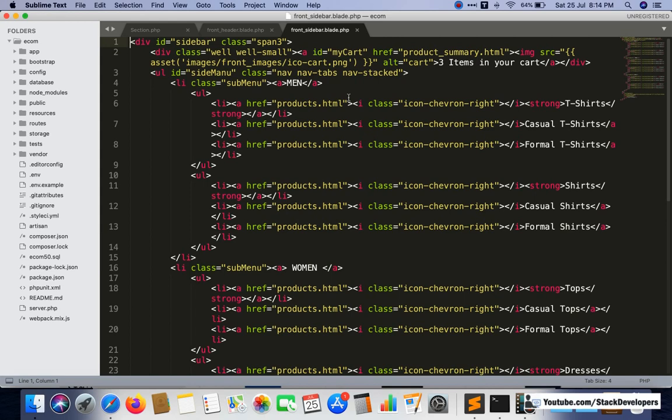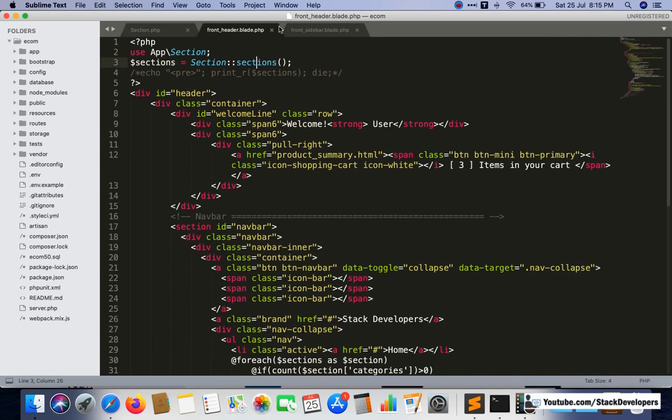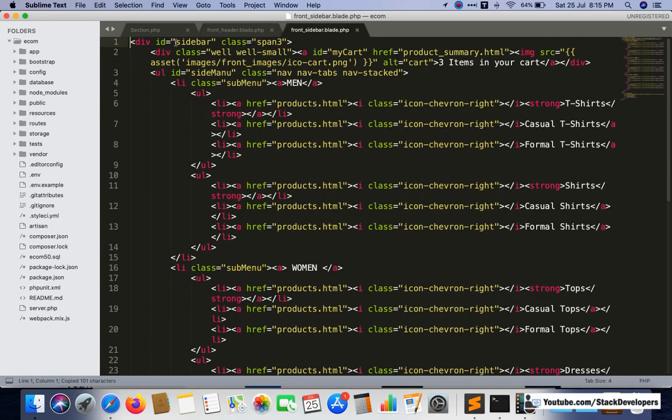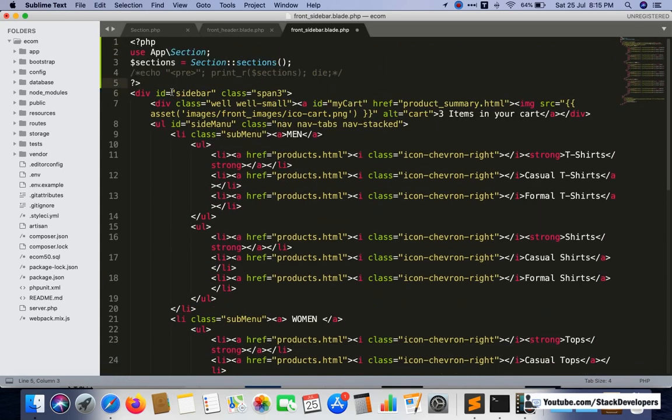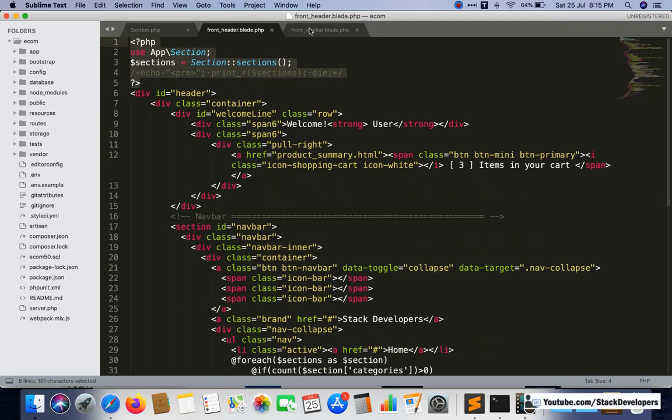Now in this video you can see the static code is already there, but we are going to make it dynamic. First we simply copy this use App Section line and paste it into the front sidebar.